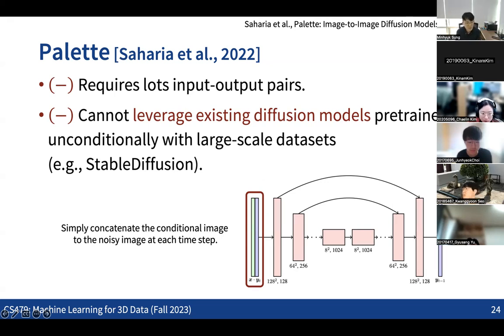If we want to train this kind of neural network, we need lots of input and output pairs. And we also need to train the diffusion models from scratch. As I said, there are many public diffusion models which are trained with more than 5 billion images. While if we consider a specific scenario of some conditional cases, the amount of data will obviously be way smaller, like thousands or tens of thousands of images, which is way smaller than the 5 billion images that were used to train Stable Diffusion.